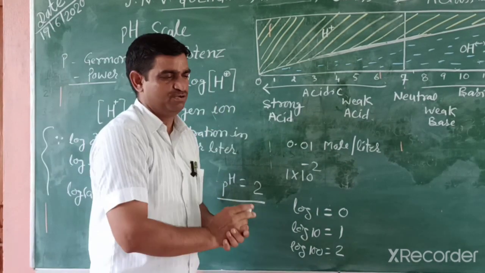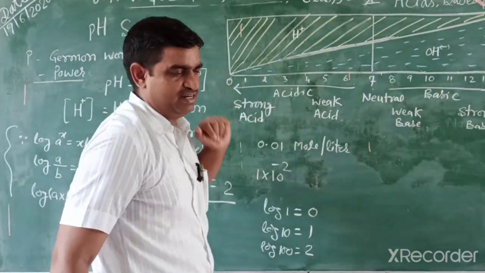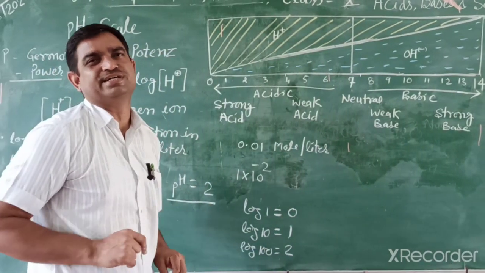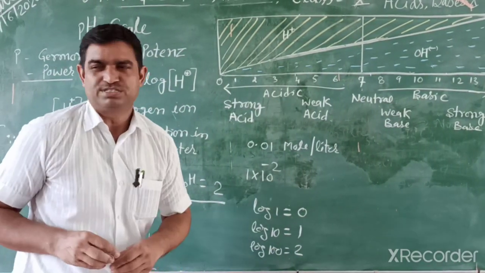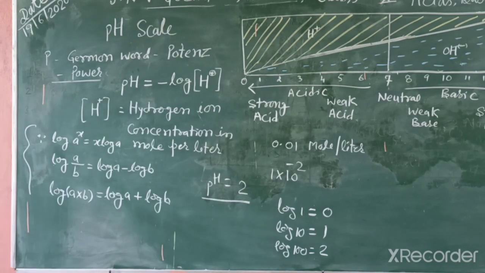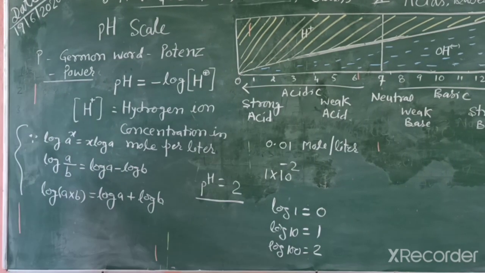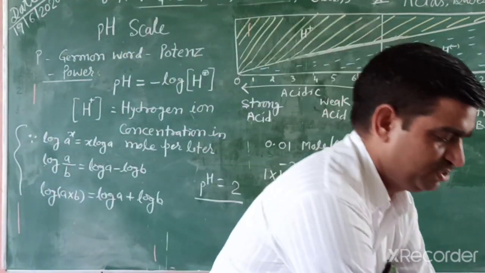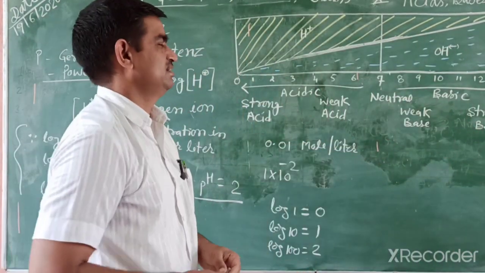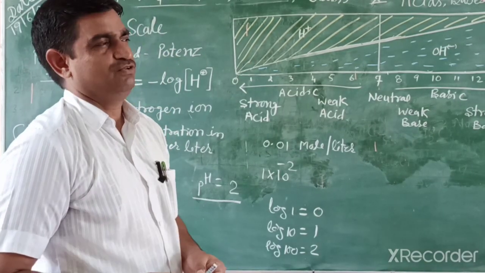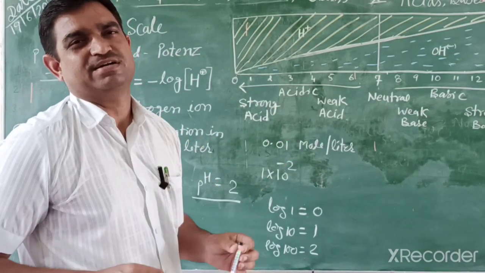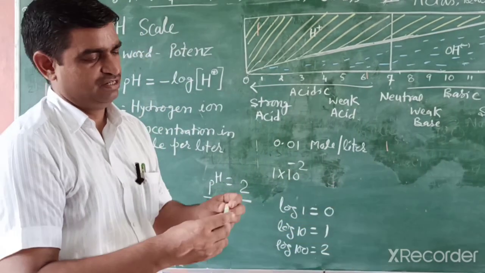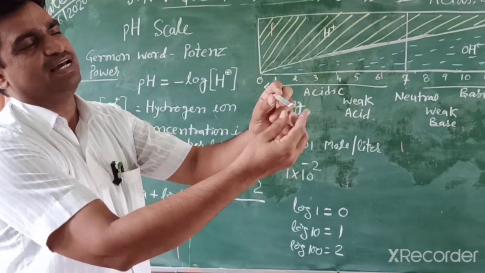How can we find out this pH? It is identified by another indicator known as the universal indicator. What do you mean by universal indicators? Synthetic indicators like phenolphthalein and methyl orange we earlier studied about. But another indicator that is universal, the universal indicator, has different colors. It is a mixture of different compounds or dyes, and they have different colors like this.